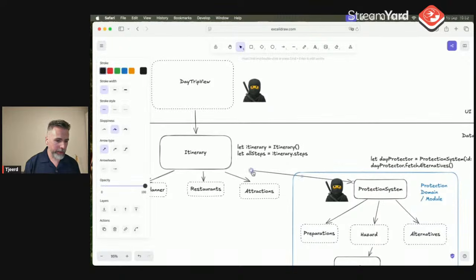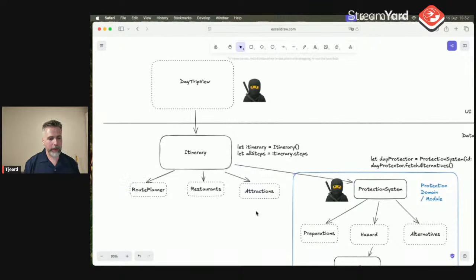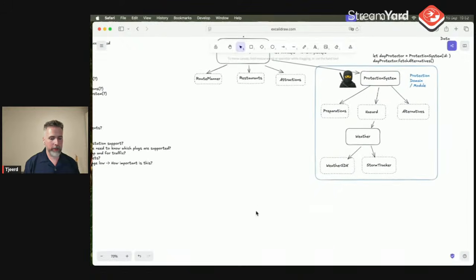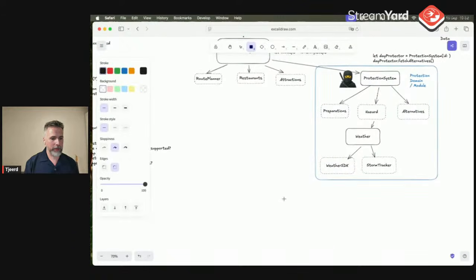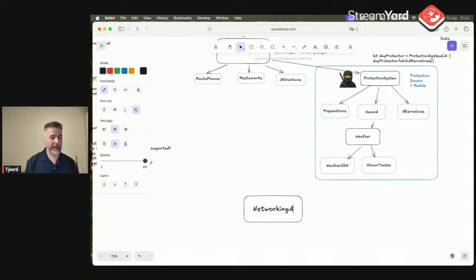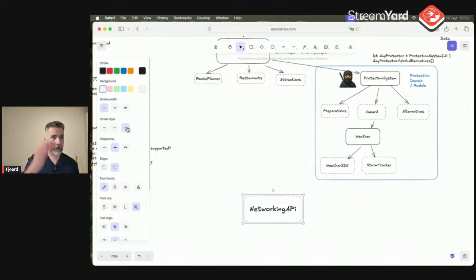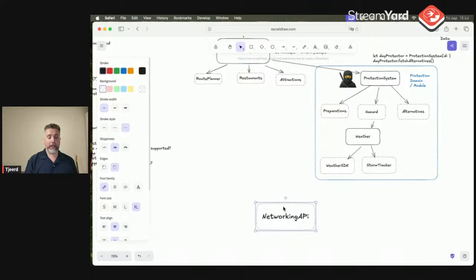I guess that's also a good point. I haven't even talked about networking yet, but we can imagine that there's a networking component missing. Let's make a network API. You can also start at the bottom. Sometimes you don't always have to work top down. If there's some sort of networking API, again, I haven't figured it out.